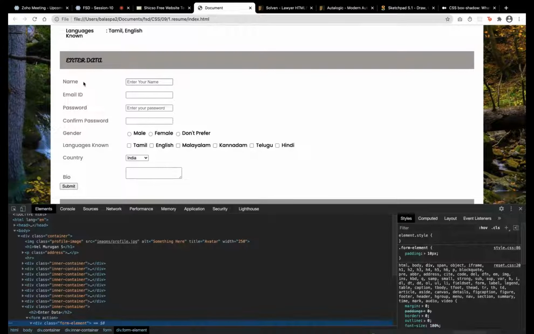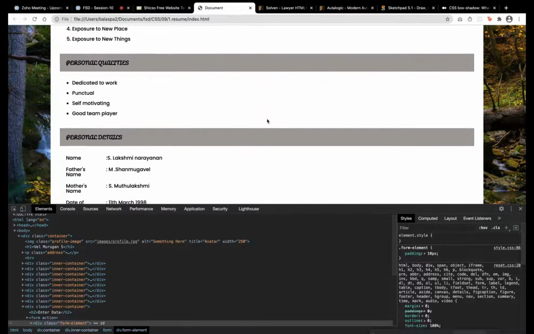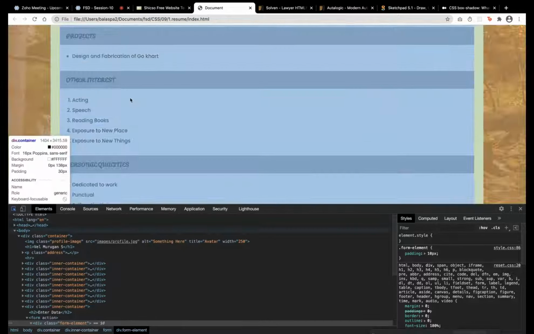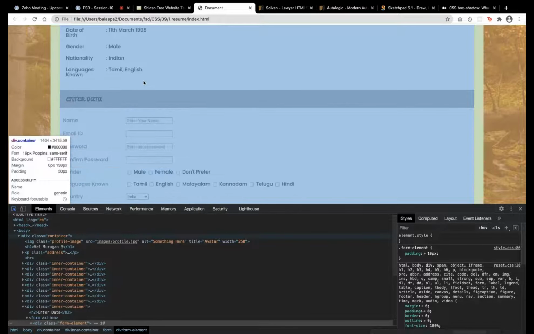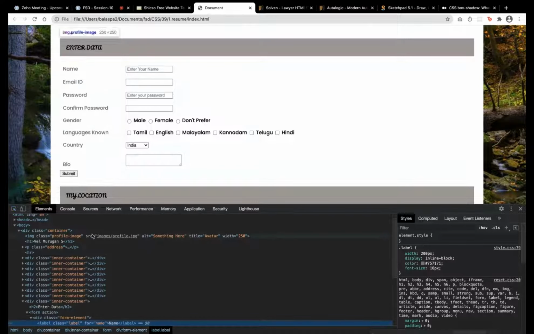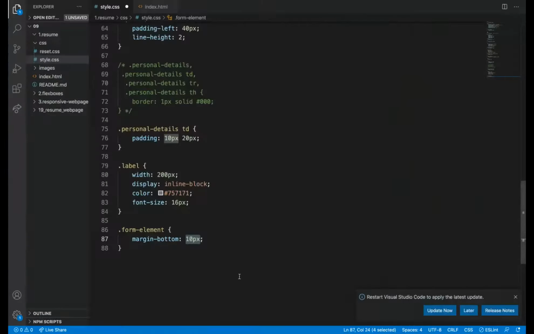If you want to add a space inside the section, we use padding, but if you want to add spacing between two sections, because this division and this division are separate, one group and another group, mostly we will use margin. So margin bottom, we can add 20. So we have achieved the same layout as before.